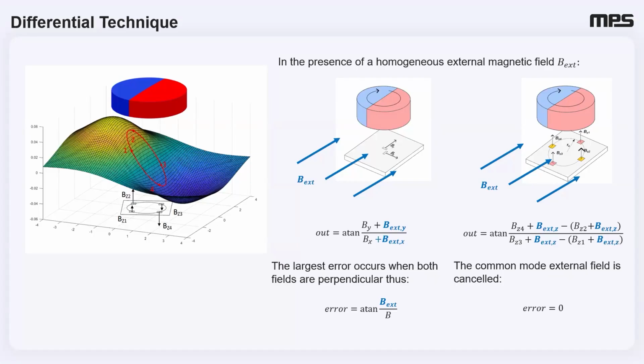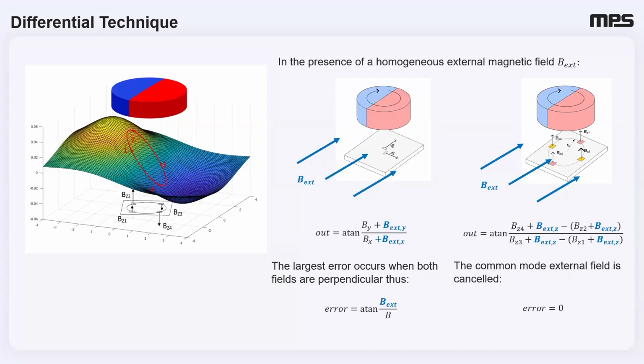So if I want to sense the angle of this magnet, I am going to have two orthogonal Hall cells, vertical Hall cells for now. One is going to sense the x and one the y component of the field, and if I take the arctangent of the amplitudes, I get back the angle. And here's that equation. If I apply an external field, which can be in any arbitrary direction,